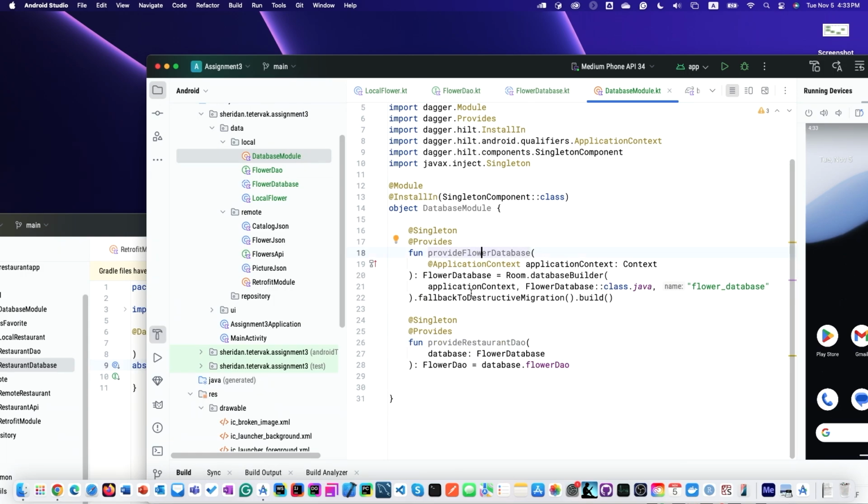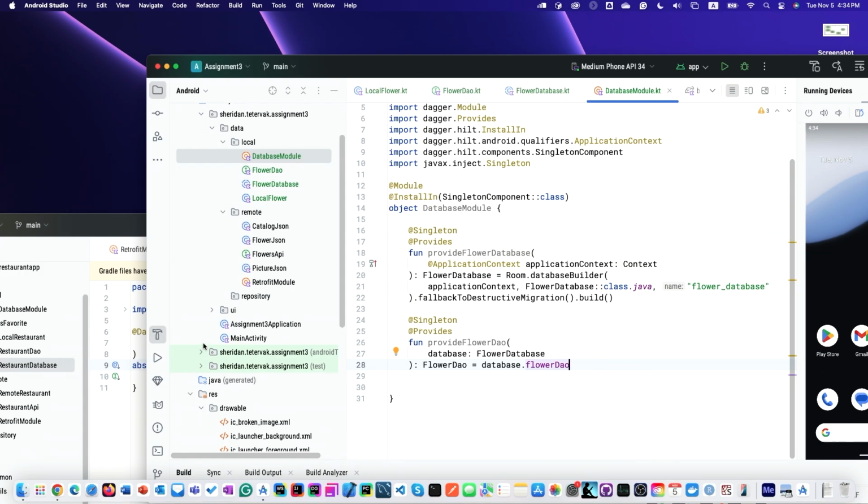It's for internal reasons, but it's better to rename them. Provide flower DAO. Flower DAO, flower database. Okay. So again, this is careful copy pasting. Okay. And next,